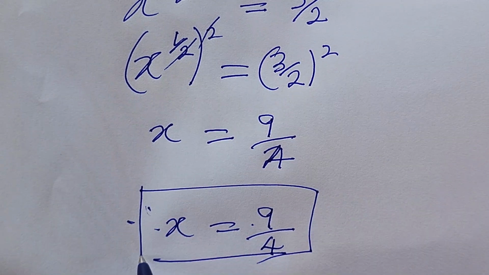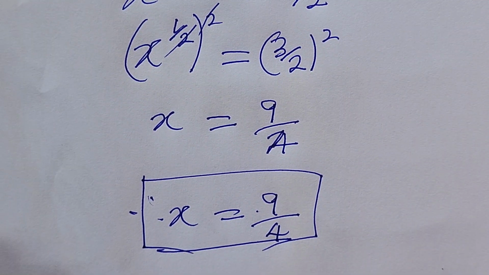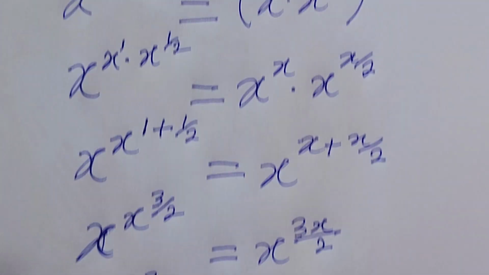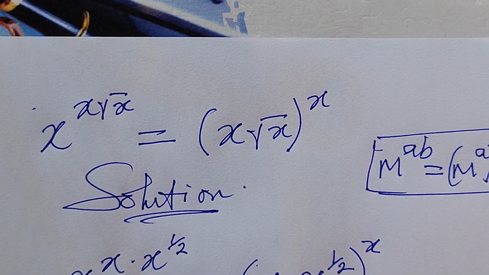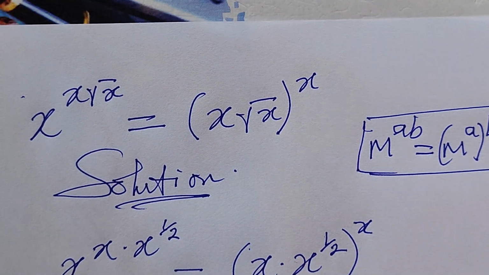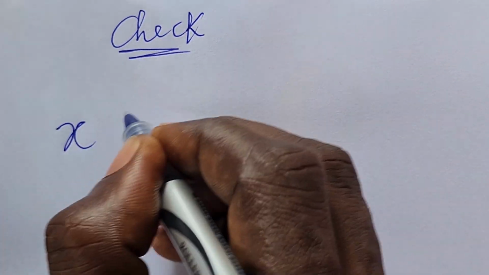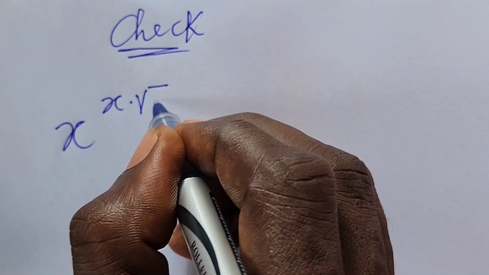So we have the x. So 9 all over 4 is the value of x that will satisfy this original equation. What we have to do is simply check, for the benefit of doubt. All right, so check the equation again: x to the power of x times the square root of x